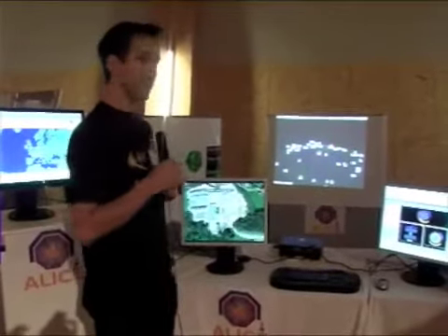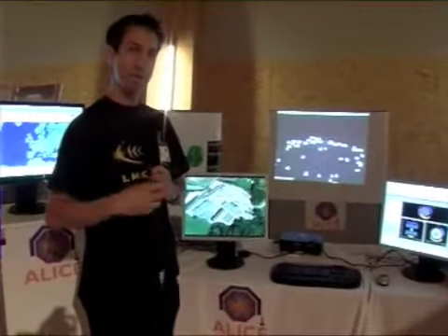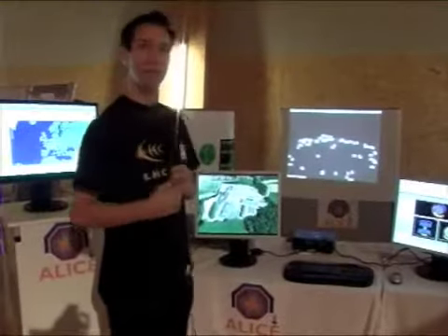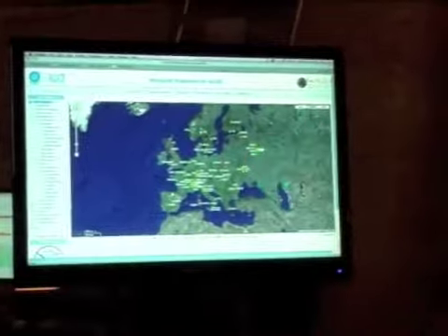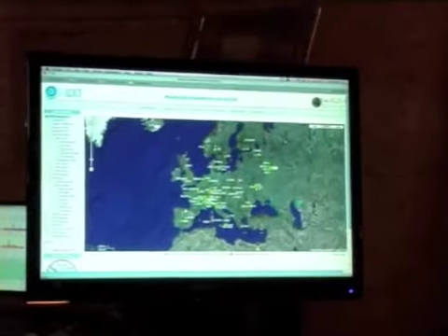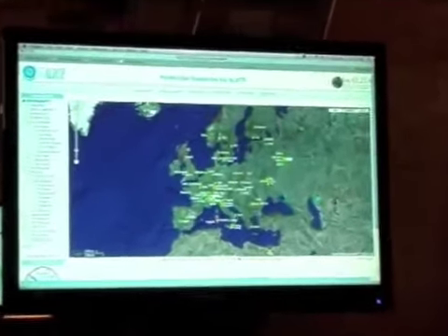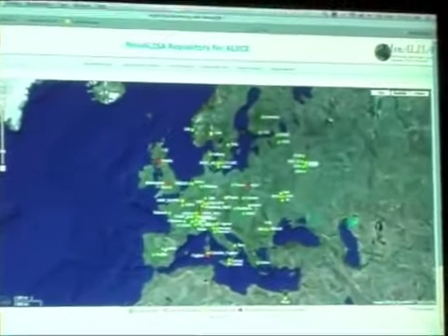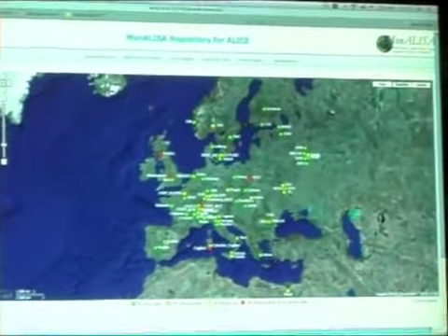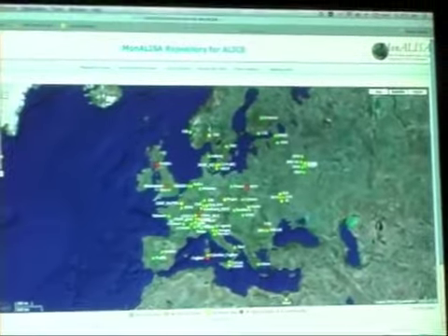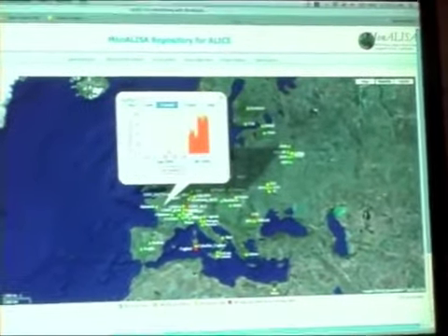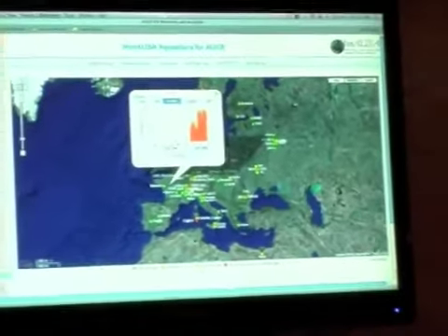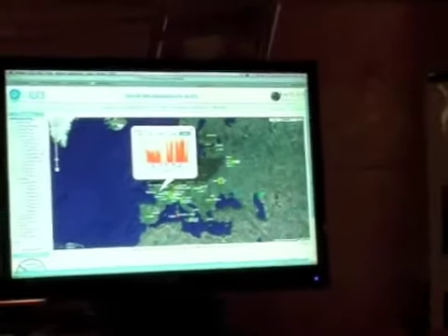And also, you can see the size of the planet represents the pledged resources that they have made to the system. In this image, we have the different sites that collaborate to Alice and the resources that they are providing. The sites that have a green dot are currently running. You can even click on any of them, and you will see a summary of what they have been doing over the last hour, day, week, month, or even the year,